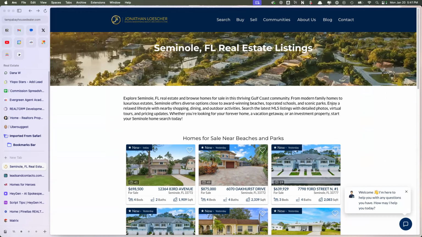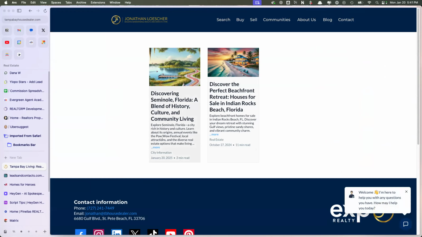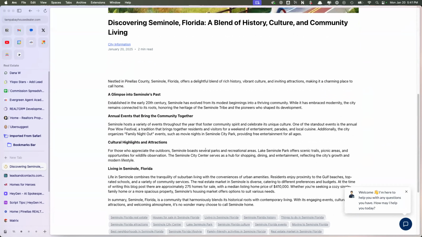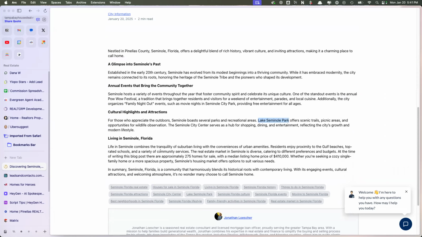But basically, going back to the blog article, I would look for things like Lake Seminole. So if I see Lake Seminole Park, I would try to find properties around Lake Seminole and link back to a page specifically about that. I mean, you can get really niche about this, because when it comes down to long tail keywords,